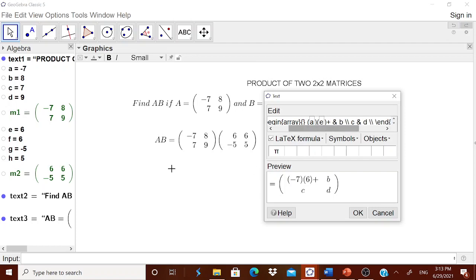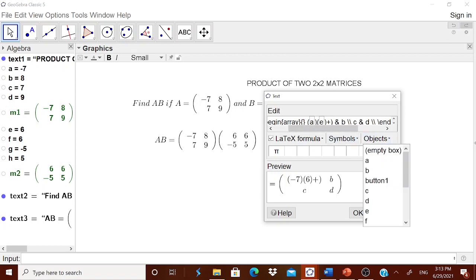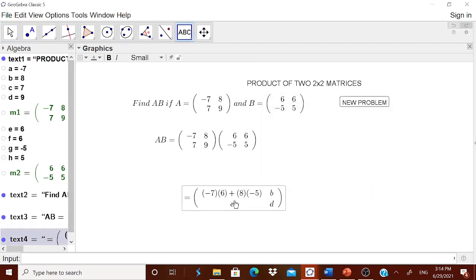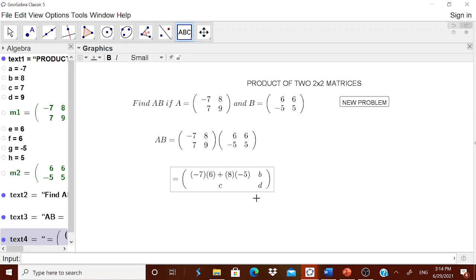Therefore, within the bracket, B into G. Okay, I am showing only one of this to you. The remaining thing all of you know. See, minus 7 into 6, 8 into minus 5. Now, similarly, you can remove this B, remove C and D, and accordingly you do.